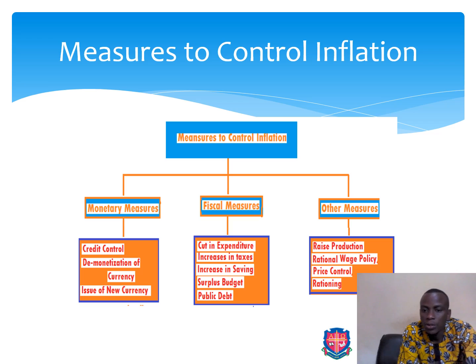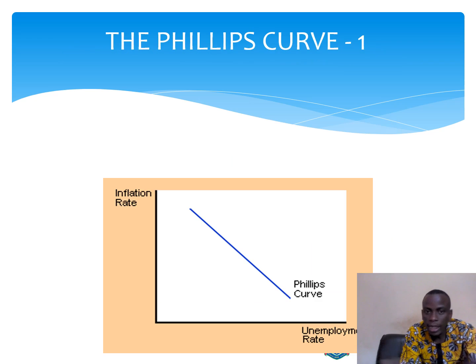Yeah, price controls. The government at times should come in and put limitations on the prices. Okay, we're talking about those pricing regulations, the minimum and maximum prices, or price ceiling and price floor. So the government should put controls in place by setting a price which sellers shouldn't exceed while selling the products, and many others. So now I stopped on Phillips curve, and we said it's a curve which shows the